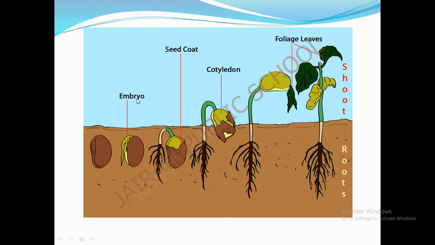First we should sow the seed in the soil, and after that the root will come out from the soil. We should water the plant regularly, then only all these will happen. If we don't water, the plant will not grow. And next the seed coat will start to burst and the root will come out, and after that the foliage leaves, the cotyledon and the shoot system will grow up, and then the foliage leaves will come out, and after that the plant will grow into a big plant, and it will prepare its food by the process of photosynthesis. Now are you clear about the stages of seed germination?